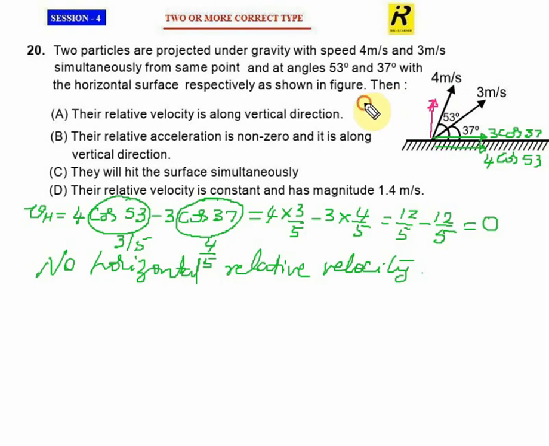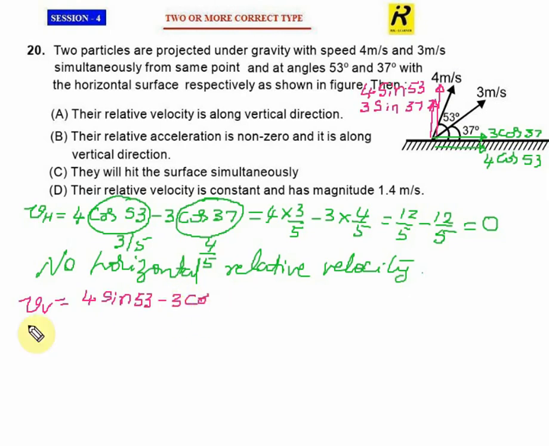It is 3 sine 37, and one more is for 4 meter per second, it will be 4 sine 53. So now for the vertical motion, the relative velocity can be found like this: 4 sine 53 minus 3